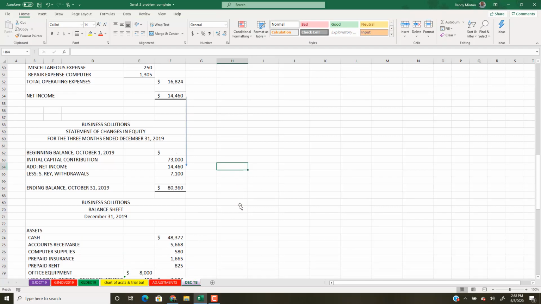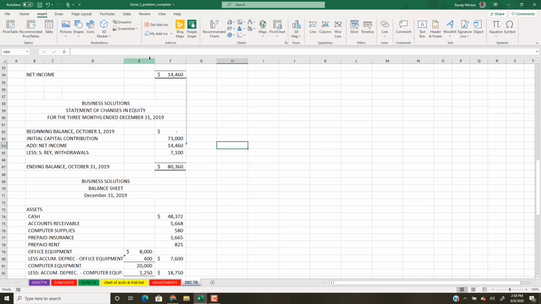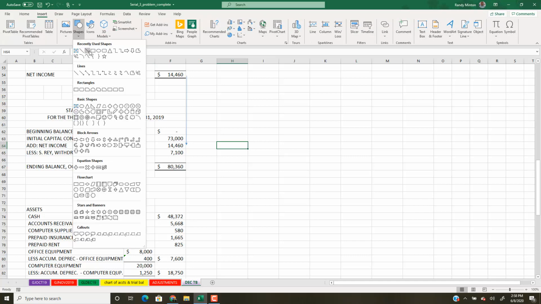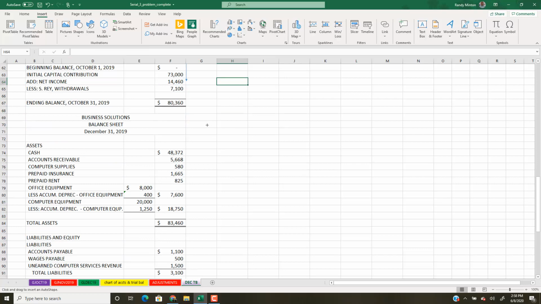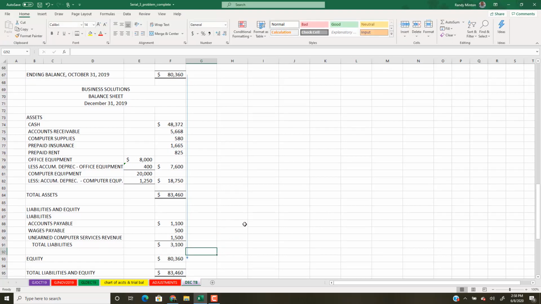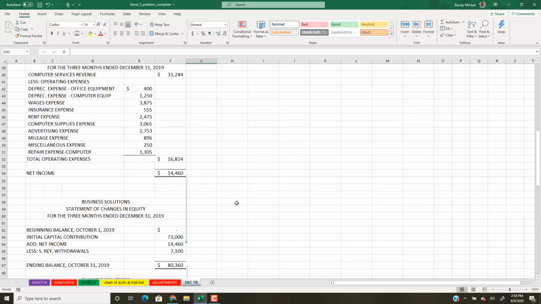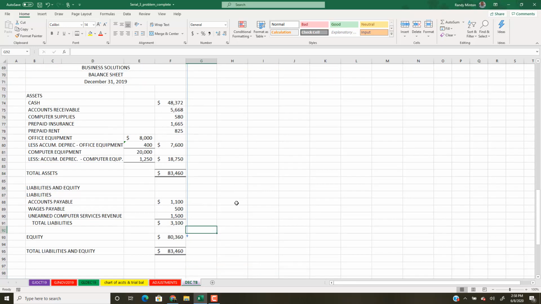And this number here, I'm going to take right down to this number, right here. I could do this a little better if I were doing it in a more formal way. But as you can see, these three statements are all tied together. And so, if you're going to be right, you have to have agreement among these three statements. Okay, that takes care of this, and I will see you on chapter